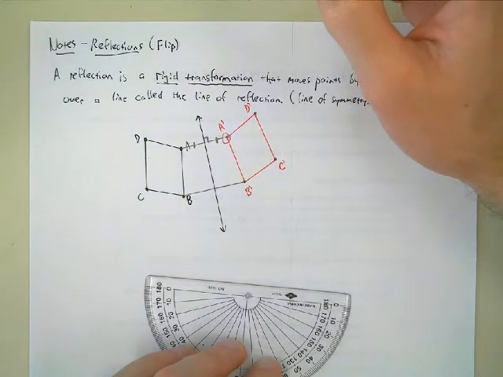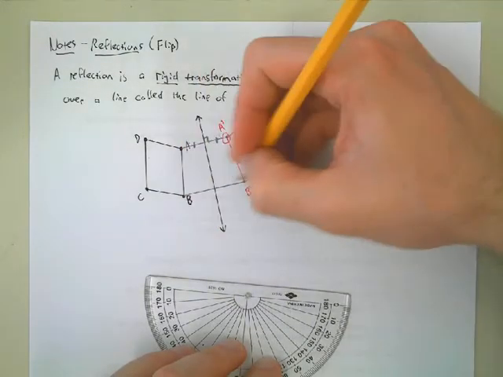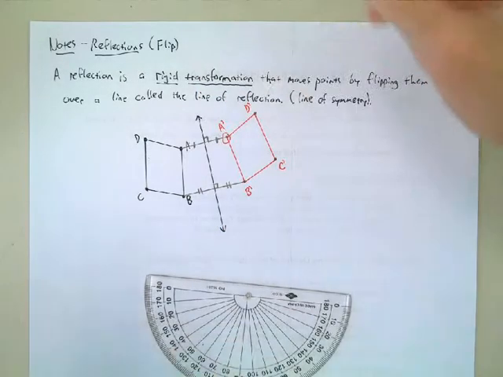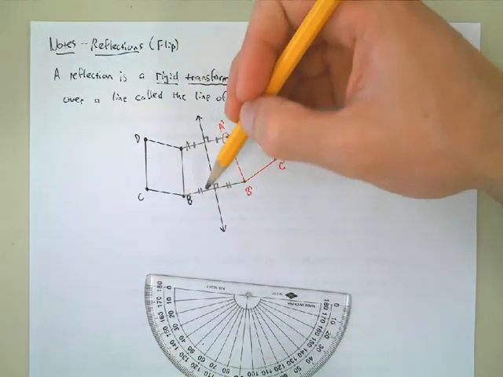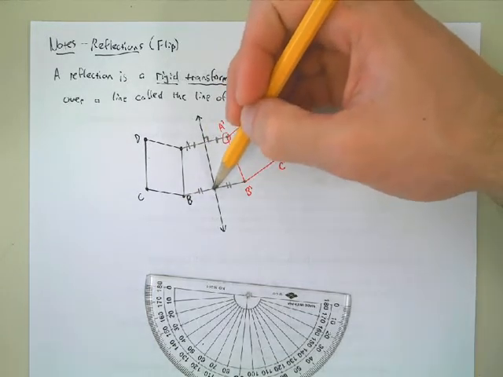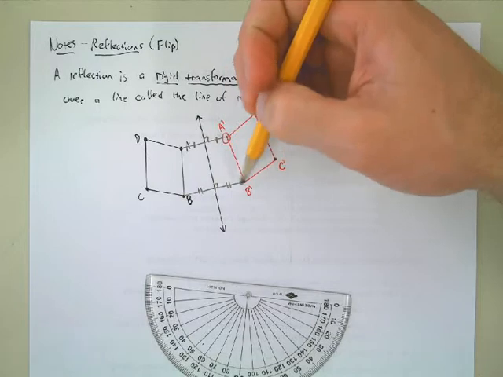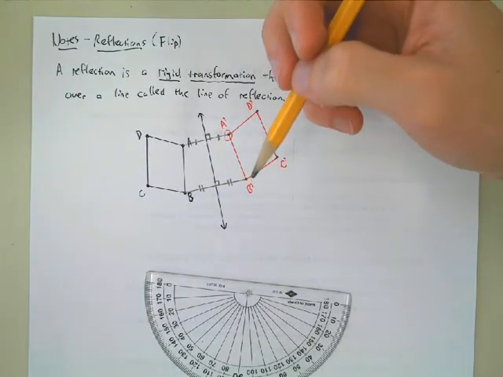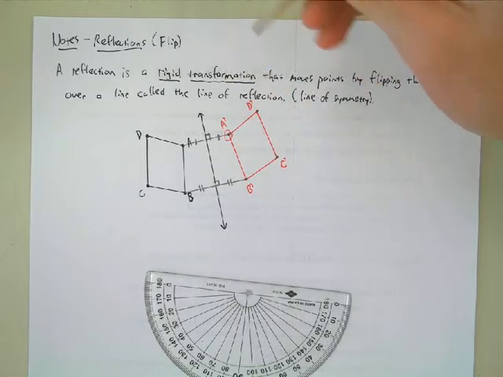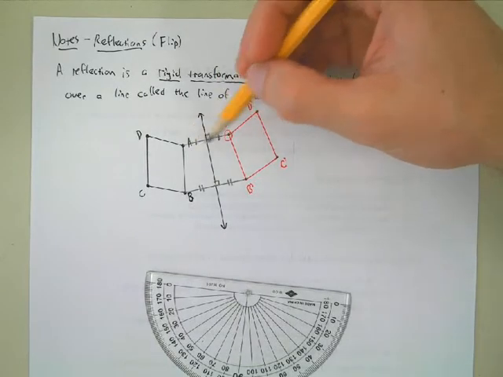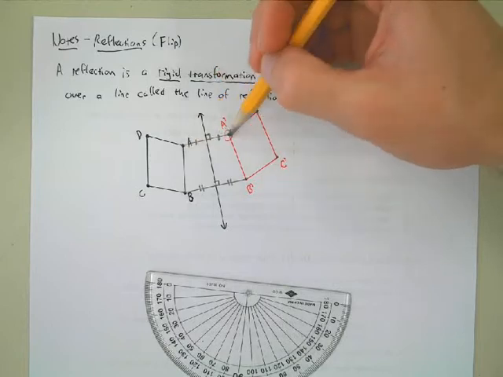And then same thing with B and B prime. It's at a right angle, and then those two parts are congruent, which makes sense, right? B is some distance away from the line of reflection. And so its reflection must also be that same distance away in the exact opposite direction. And we'll utilize that later when we talk about coordinates and stuff. Okay? So again, the segment between the original point and its image is at a right angle to the line of reflection, and